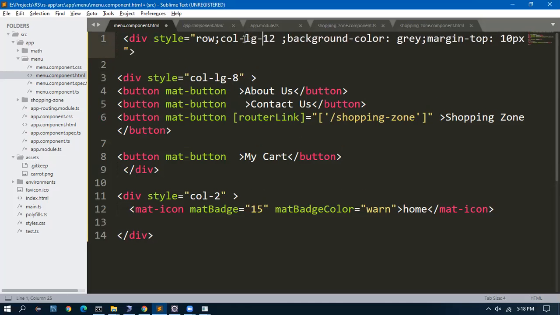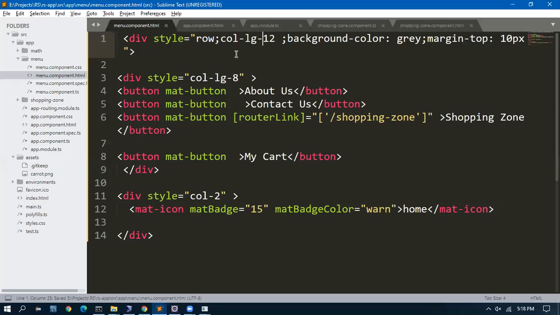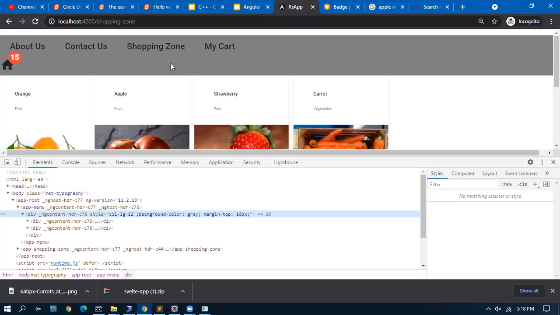Col large screen 12. No, but why is it not coming? Col LG 12.